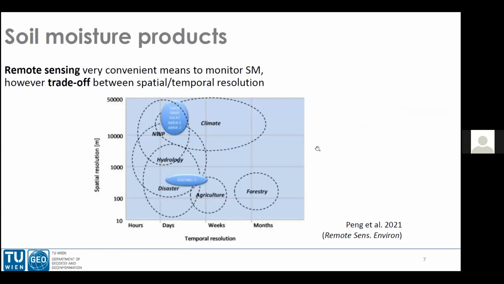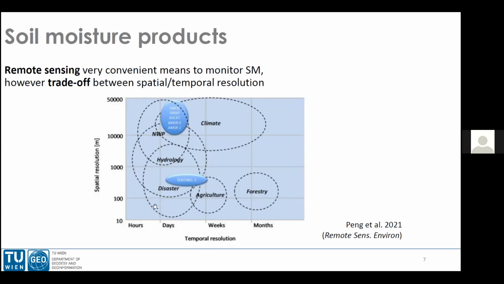When we look at the soil moisture products, most of them are characterized by a pretty coarse spatial resolution. The CCI soil moisture product has a spatial resolution of approximately 25 kilometers, so it falls around here, and a daily temporal resolution. But when we look at the requirements of soil moisture information, depending on different applications and fields, you